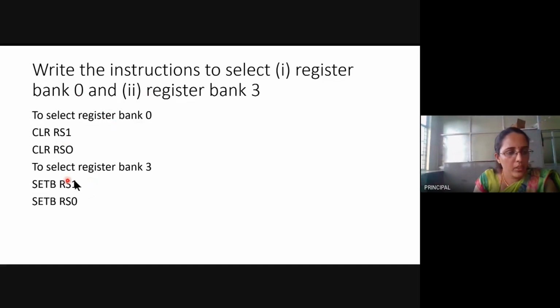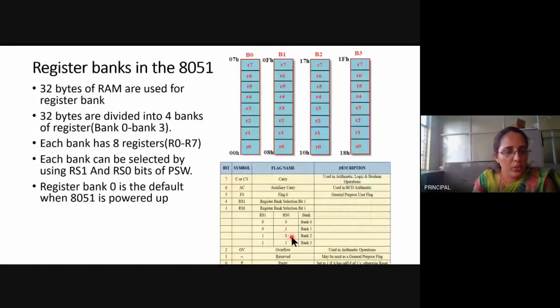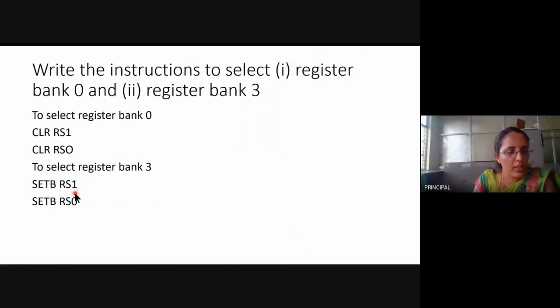To select register bank 3, you need RS1 as 1 and RS0 as 1. So set bit RS1, set bit RS0 will make RS1 as 1, RS0 as 1. So 1, 1 means bank 3, 0, 0 means bank 0.